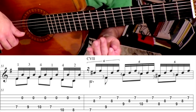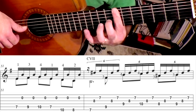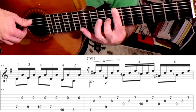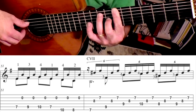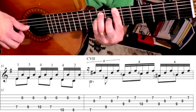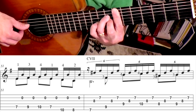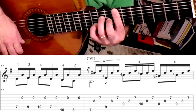So measure 52, we have a full bar at 7, middle finger will be at the 8th fret on the 3rd string, and then your thumb is going to hit the bass. And we'll do that index middle thing that we've been doing. 9th fret with the 3rd finger, pinky goes up to the 10th, 3rd finger, smush that down to the 8th, and then 3rd goes up to the 9th. So that measure